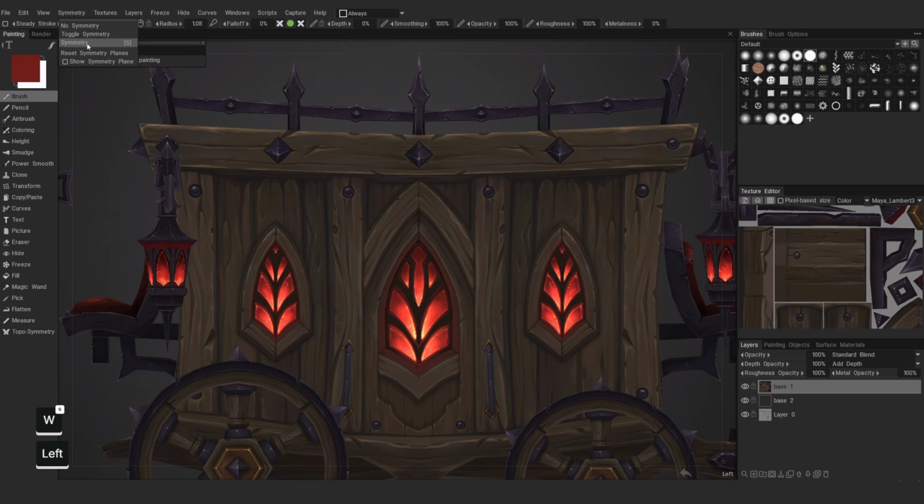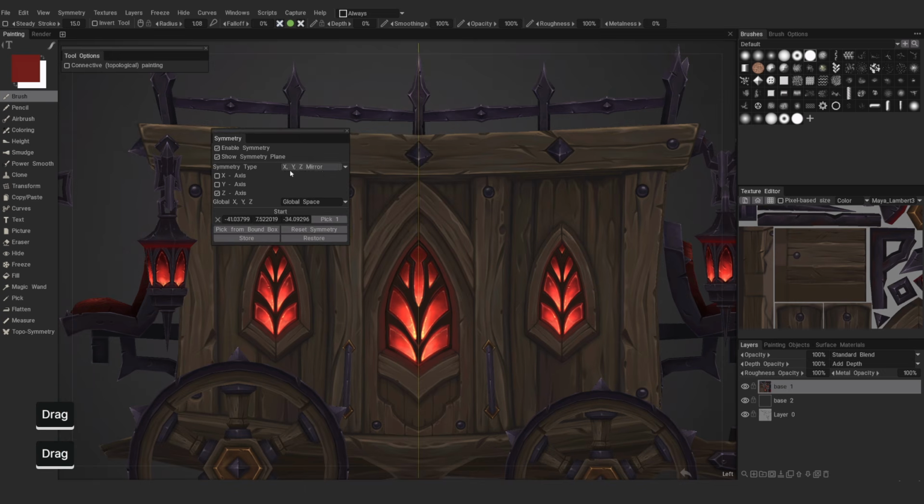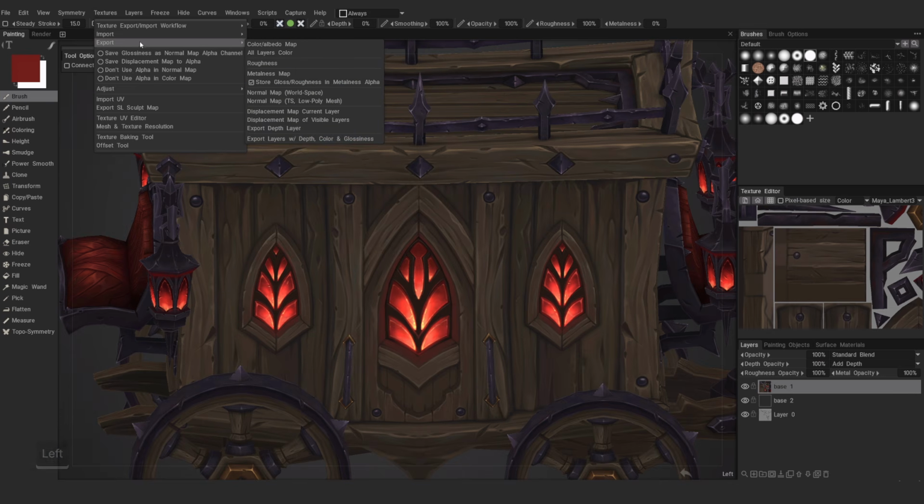On symmetry, this is a very useful one. You can enable symmetry by some axis, or you can set a pick point where your symmetry is going to be, and then you can paint with the symmetry. On the texture menu, we have import, export,